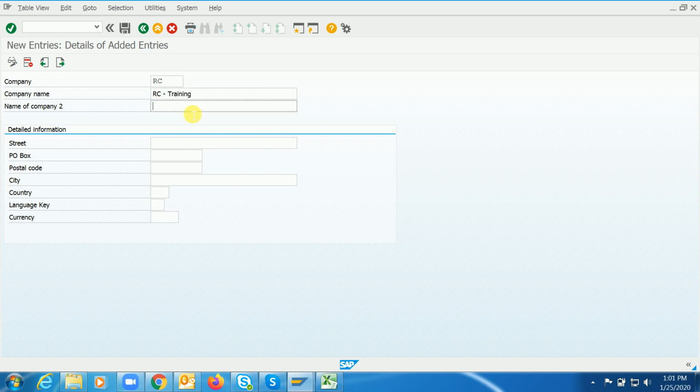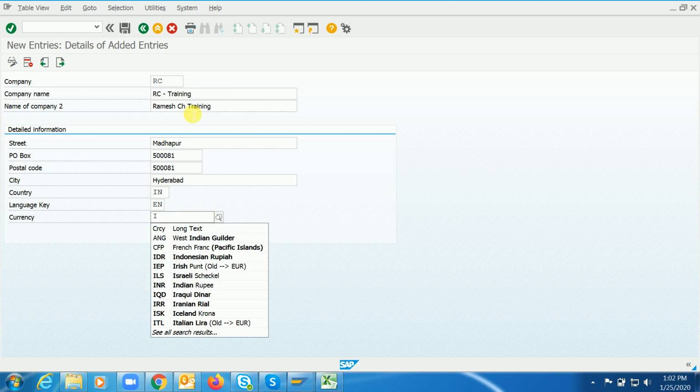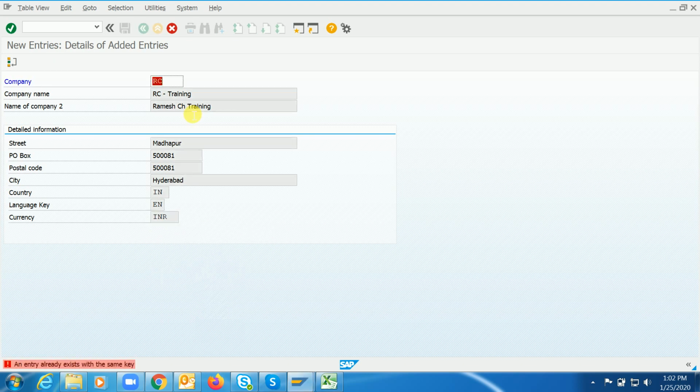RC training. Ramesh CH training, street Madhapur, postal 500081, country India, language EN, currency INR. RC I'm having already, so